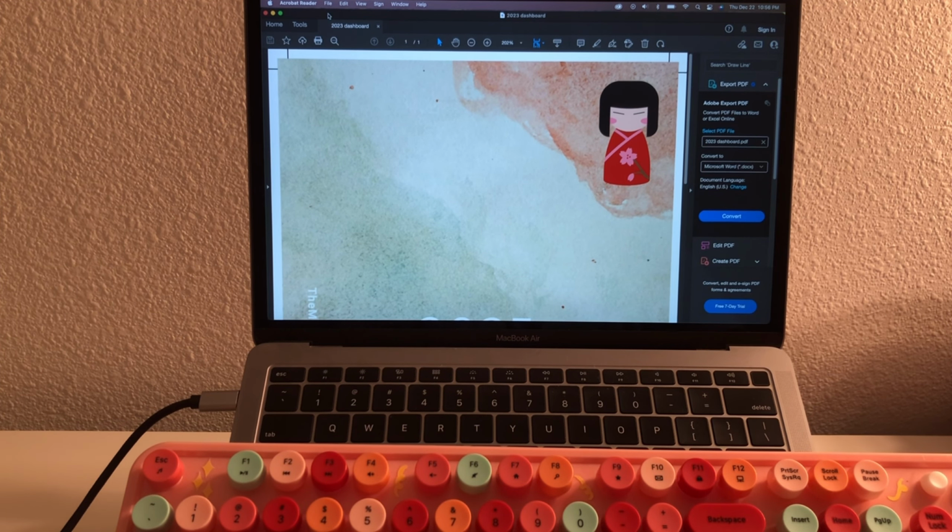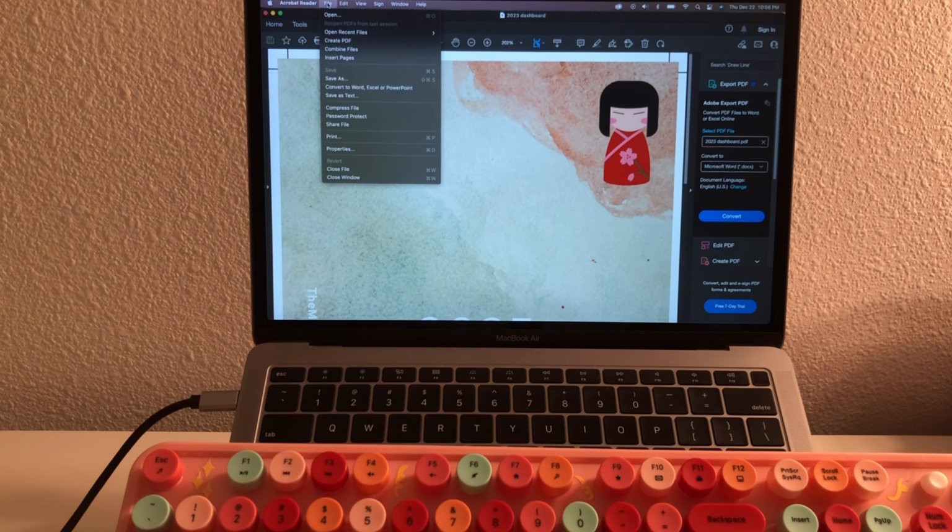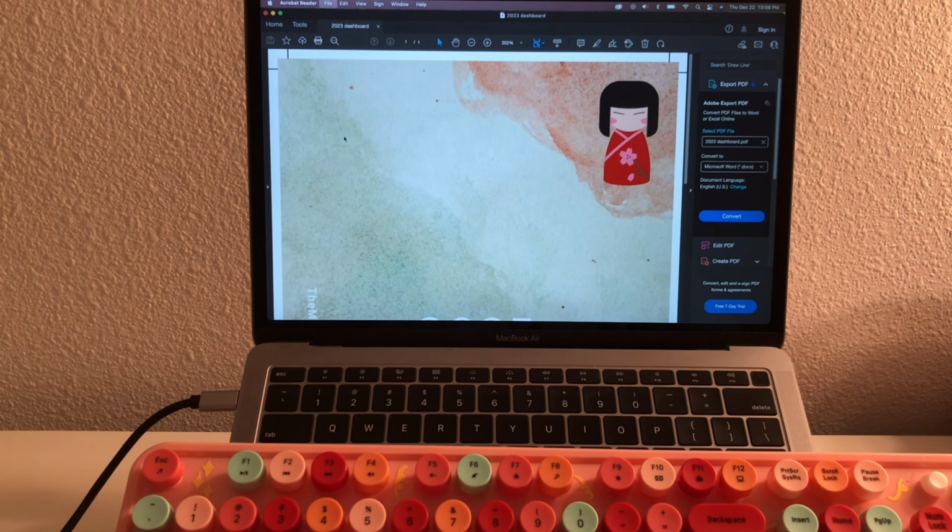And what Adobe Acrobat helps you to do is it gives you more accuracy when you are printing, and it also allows you to scale your documents to the exact size that you want. It is not necessary. There are ways to counteract it, but I would definitely recommend using Adobe as your PDF reader for printables. We have opened the file, and we're just going to go here and click File and Print,